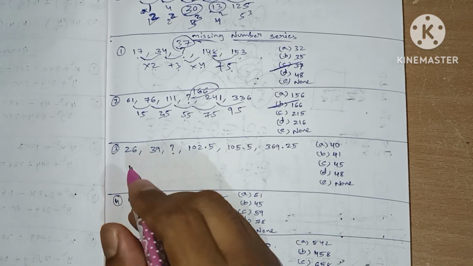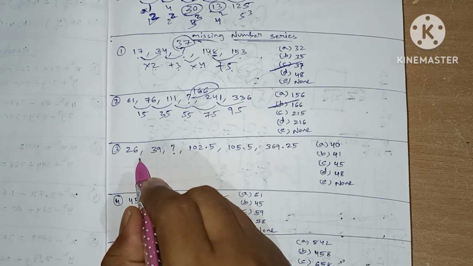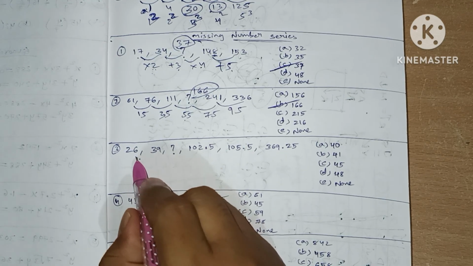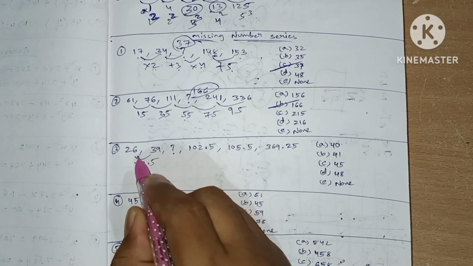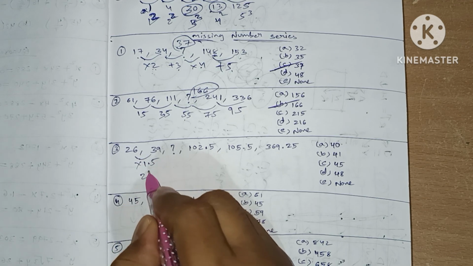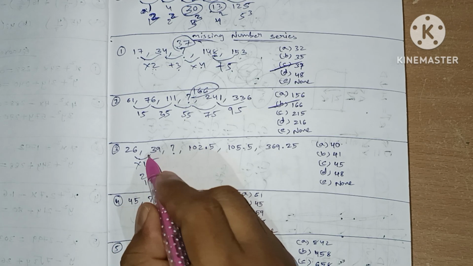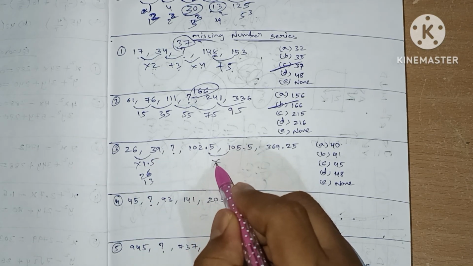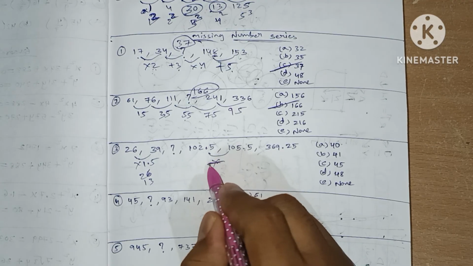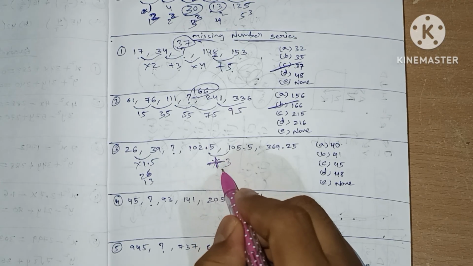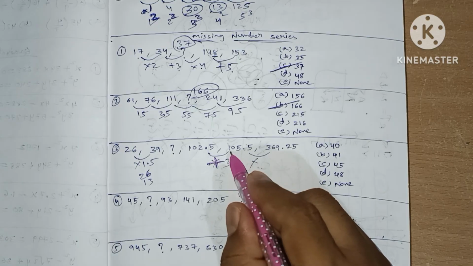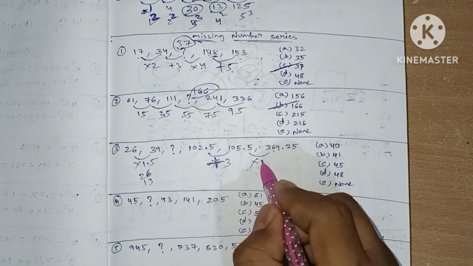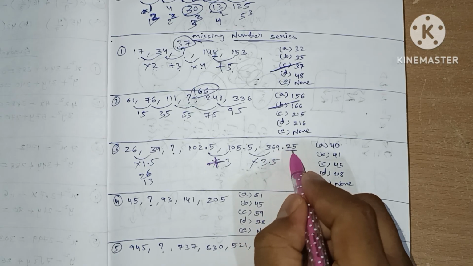Next, third one. Here we see, we get 0.5 here. So it must be multiplications. It is into 1.5 times. 26 plus half of 26, which is 13, we get 39. So here we see, here we don't see into, here we see plus 3. Here we see into 105 becomes 369, means it must be 3.5, and 2.5 we see 2.5, so it must